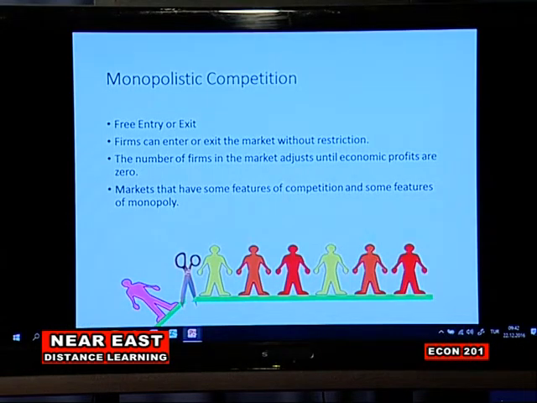So economic profit is a yardstick towards attracting new firms. New firms keep entering the market until economic profit is zero. If there is no economic profit, then new firms will stop coming into the market. And this is part of what happens in real life. Any new venture that is said to be very rewarding, you see a lot of people competing and contesting to participate in such a market until the profits become normal, or there are no economic profits, and then the market is likely to stabilize.